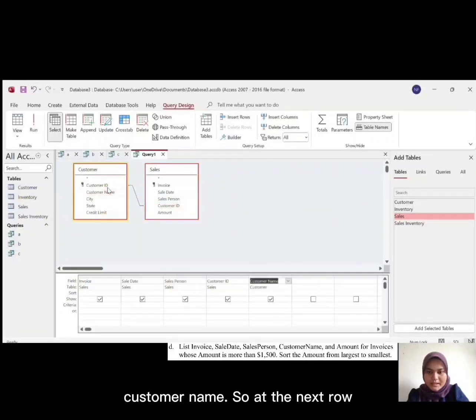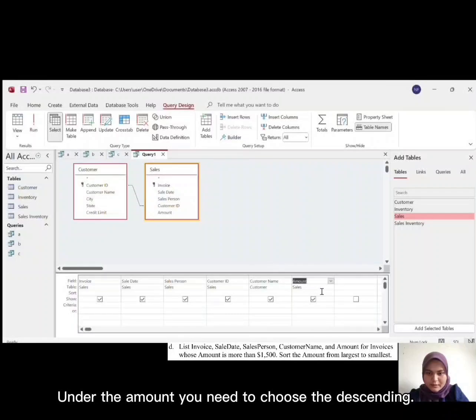At the next row, again at the next row is amount. So under the amount, you need to choose the descending.